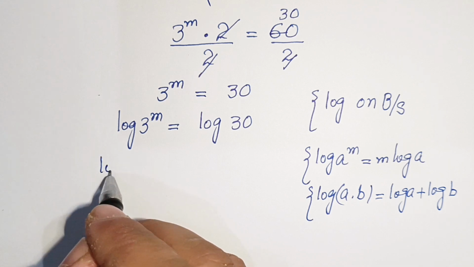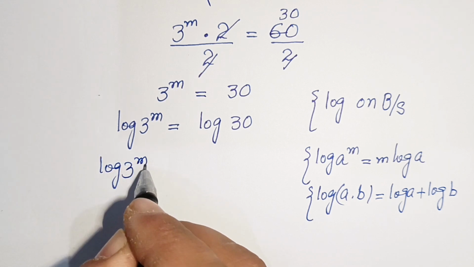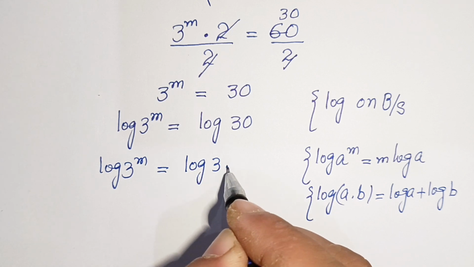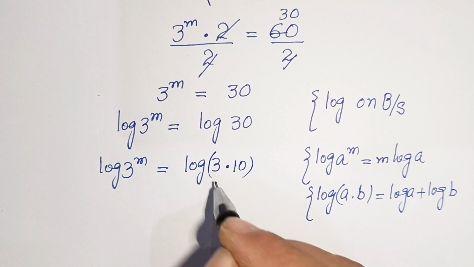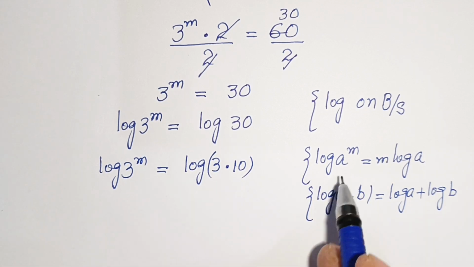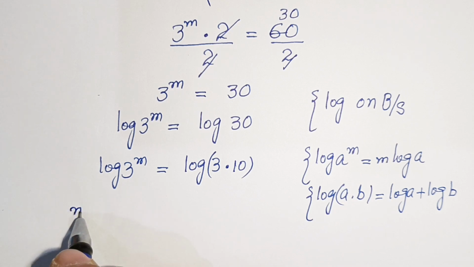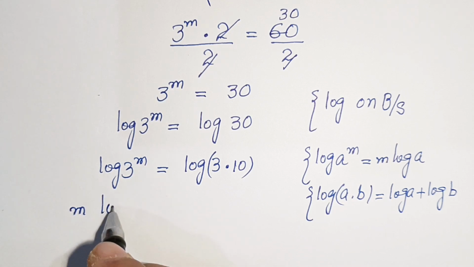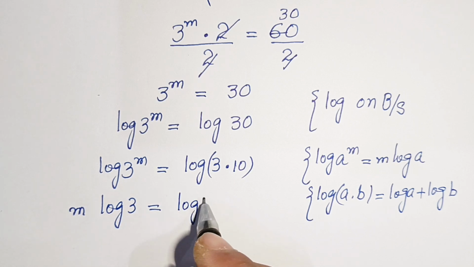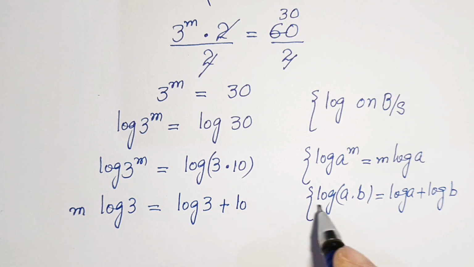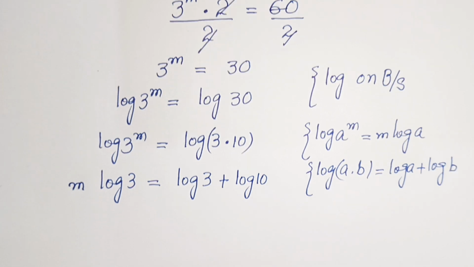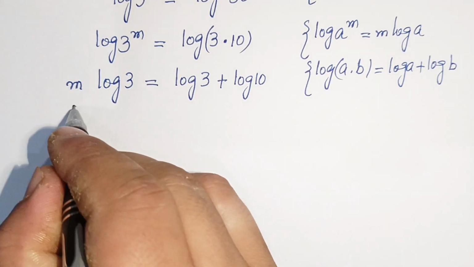Now log 3 to the power m is equal to log 30, which can also be written as log of 3 times 10, which is equal to 30. Now we can use this formula. Applying it on our left hand side, we shift this m here. So m log 3 is equal to log 3 plus log 10 according to this identity. Now if we divide by log 3 on both sides,